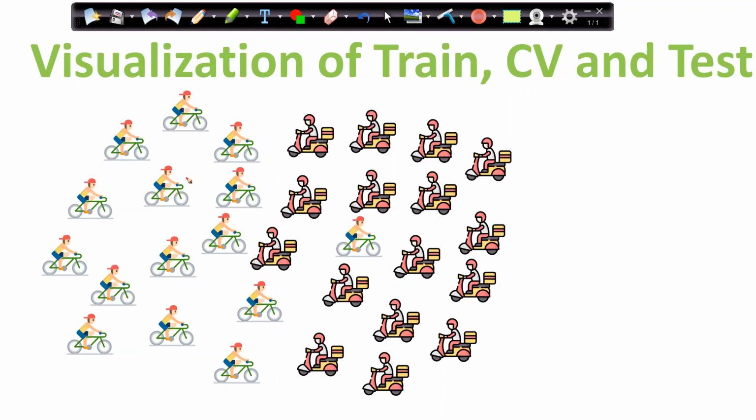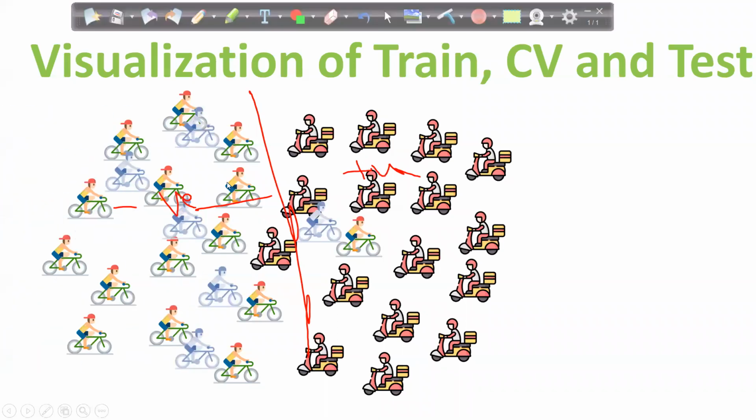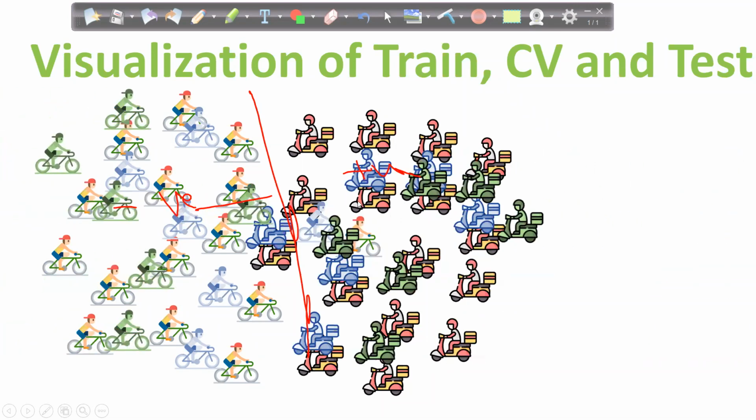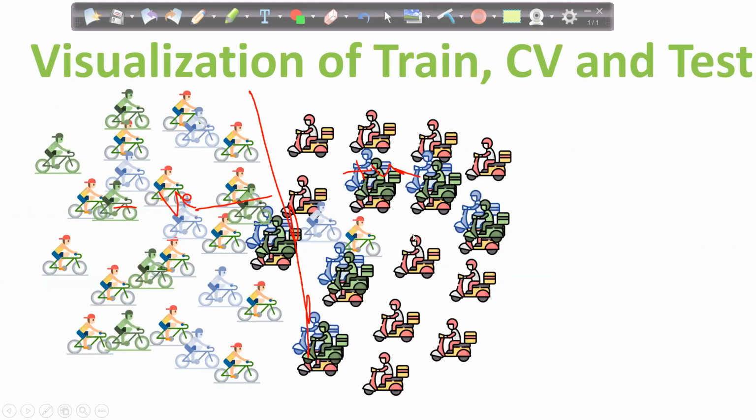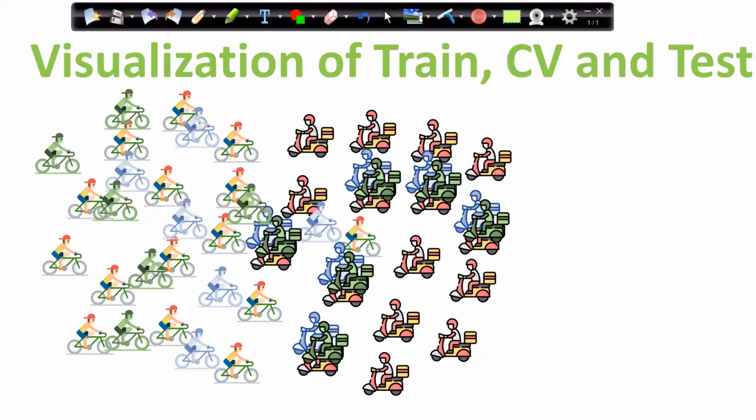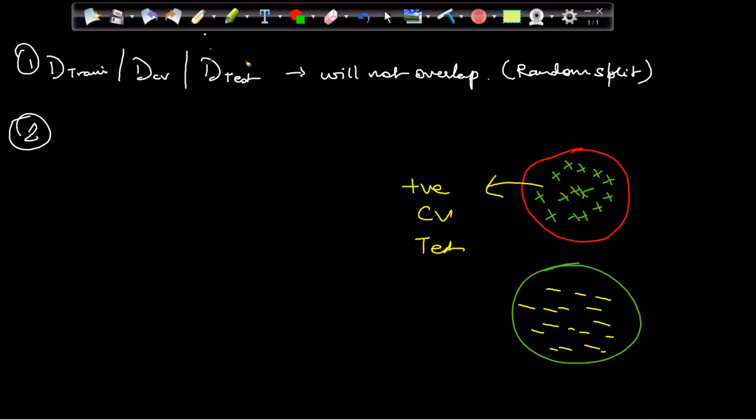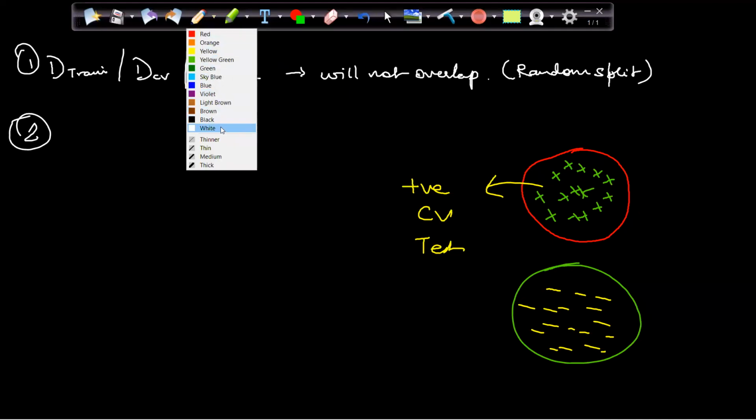So when we are splitting the data set, this is my negative points and this is my positive points. My test data and my CV data will also have more negative points on the negative side and more positive points on the positive side, in the CV data as well as in the test data, right? Which absolutely should happen. If that is not happening, then obviously predictions will be wrong.